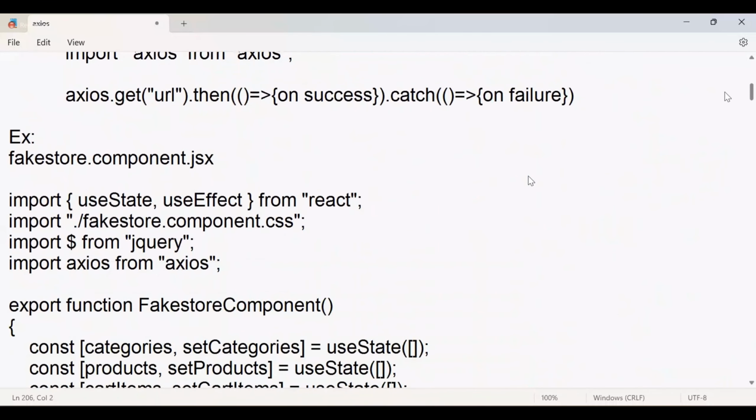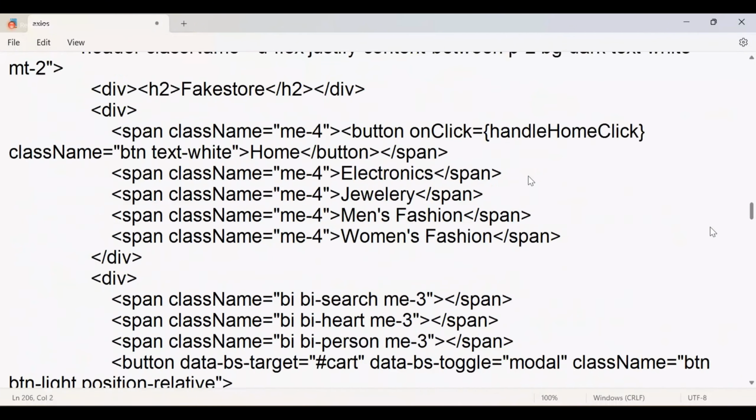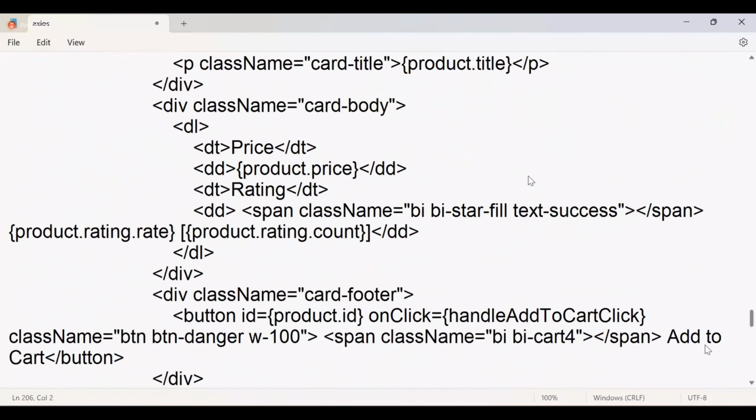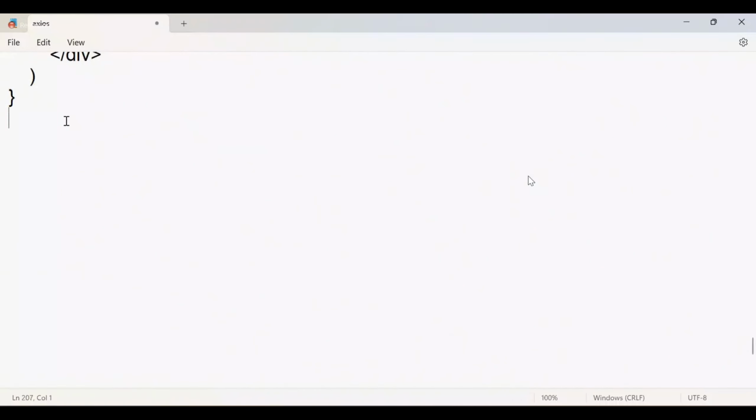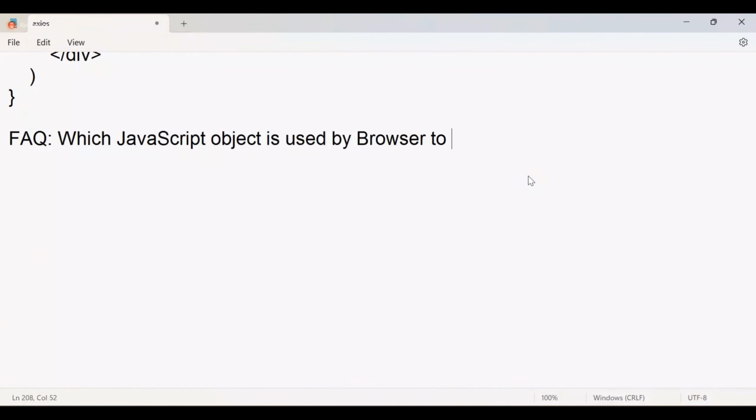This is complex data. How are you dealing with the complex data? When you are dealing with complex data, you need to know what the techniques are and what the various methods of communication with APIs are. Now here, one important basic question asked in interviews is: which JavaScript object is used by the browser to handle